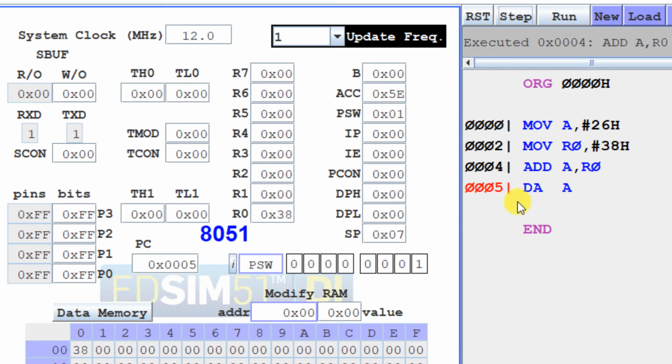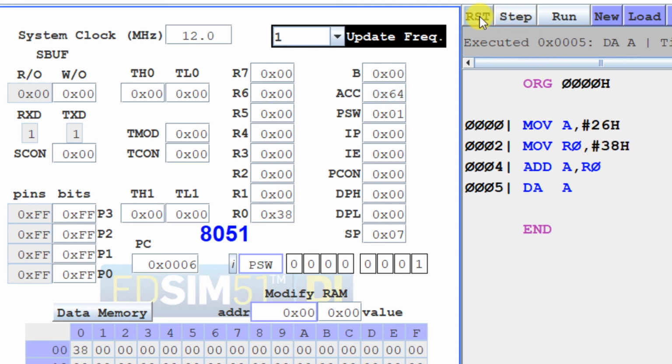And now after this instruction is executed, if you apply the decimal adjust accumulator, you can see the space over here, DAA. So when you use this instruction, then this number will be automatically corrected by the DAA instruction, and you find that the result is now 64. That is what is expected out of the DAA instruction. So that shows the result of the addition of numbers 26 and 38.